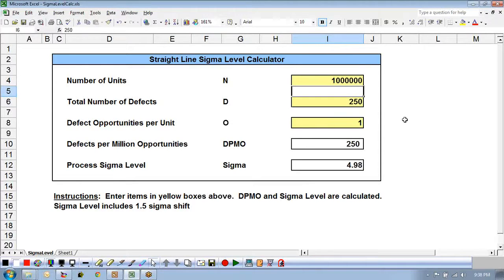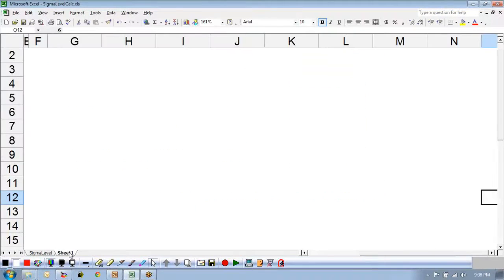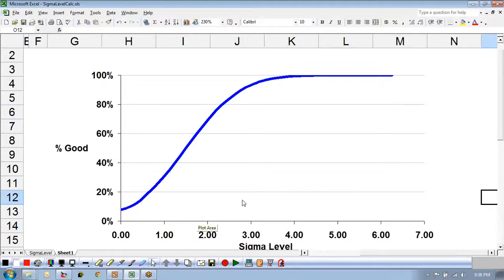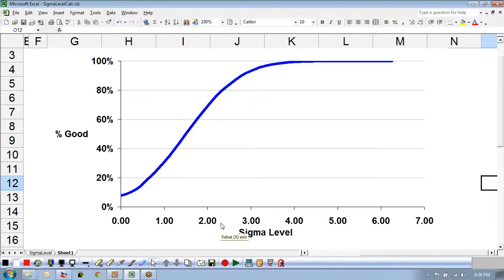So to get to a sigma level of say 4, about 1,000 per. I'm sorry, quite a bit more. What was it? About 3,000, something like that. Yeah, there we go. And it's even less than that. I've made actually a table of this. You can tell I don't put all that much stock in sigma level because, quite frankly, I find it harder to translate. But anyway, here's a sigma level translator that goes between percent good and the sigma level,